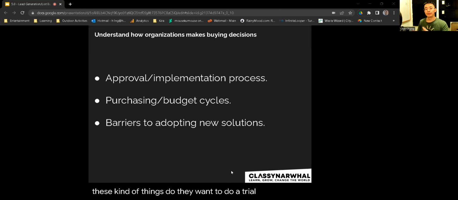Do they want to do a trial? Do they want to test it out? What's the period? Do they do it after their budget cycle, before the budget cycle? Do they have certain seasonalities around their business? What are their considerations when adopting something new? Are they worried about, let's say, a risk of integration with other existing tools that they have? Are they worried about security? Are they worried about the payment and budgeting? So you want to take all of that into consideration as you start to think about who you're reaching out to, because that will really affect both the kind of person you target in your outreach, but also when you decide to reach out to them as well.